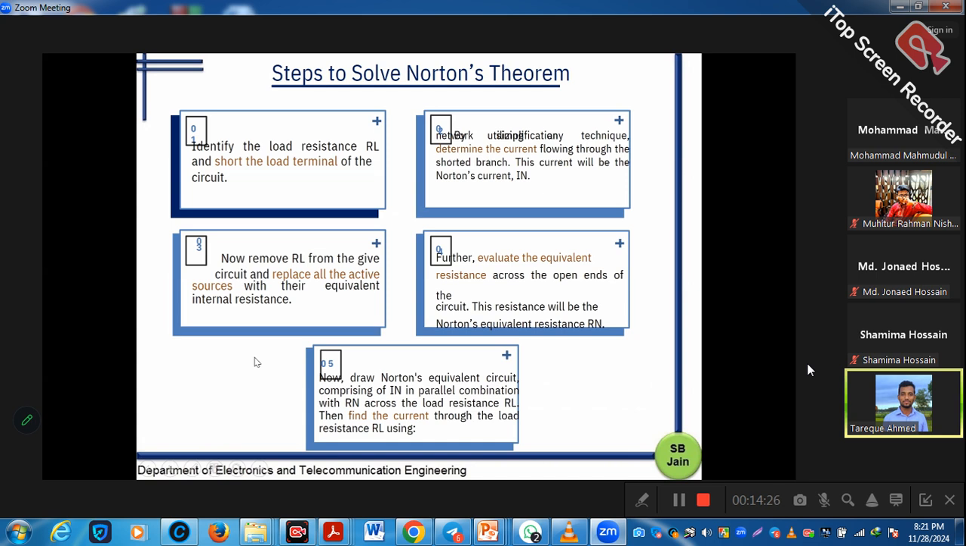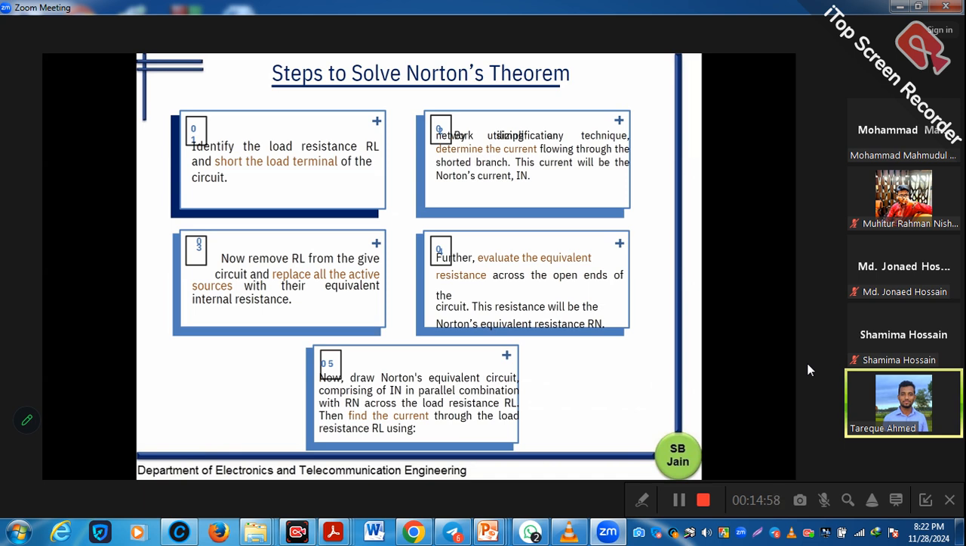Now I explain step 2 to solve Norton theorem. Identify the load resistance RL and short the load terminal of the circuit. Next, network simplification technique. Determine the current flowing through the shorted branch. This current will be the Norton current IN, and now remove RL from the given circuit and replace all the active sources